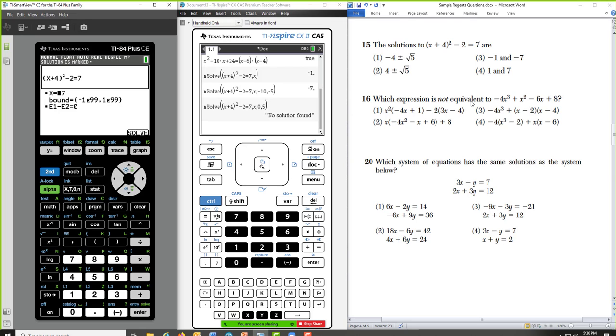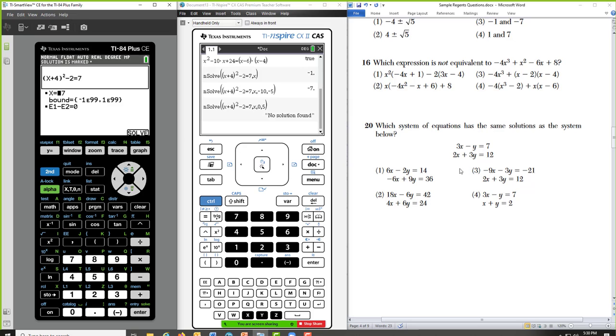Number 16, store a value into x. Set the original equal to 1, 2, 3, and 4. Number 20, for 2 points, here's a system of linear equations. Which of these 4 down below has the same solution? If your students didn't attack this properly, or if you didn't know, you could spend upwards of 10, 15 minutes